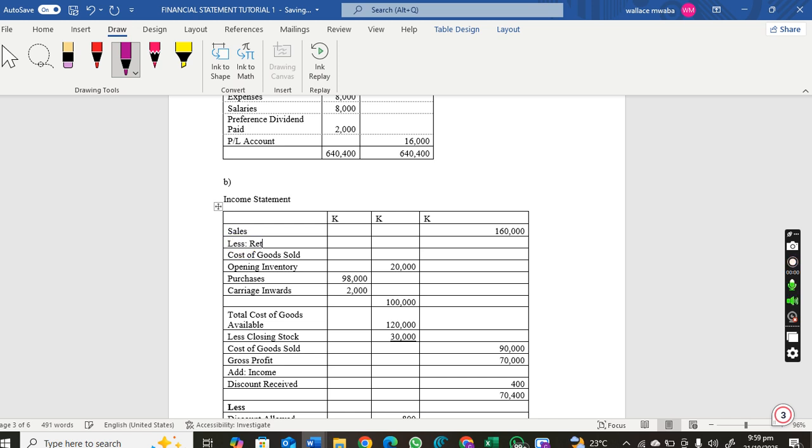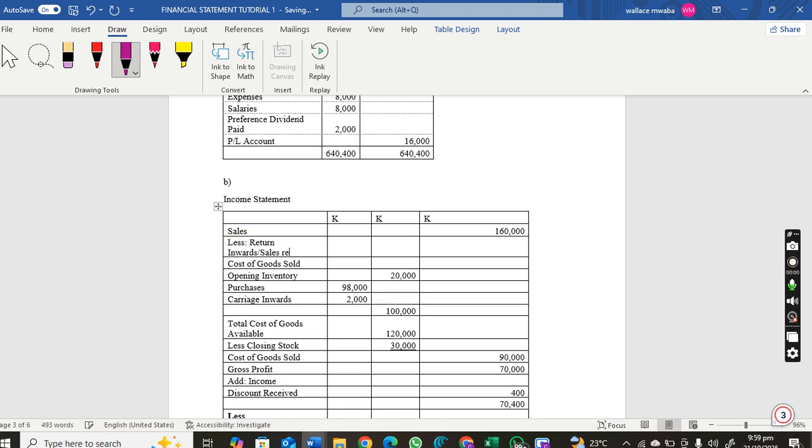What is the other term for return? Sales returns. Okay, so if you hear sales return inwards or sales returns,